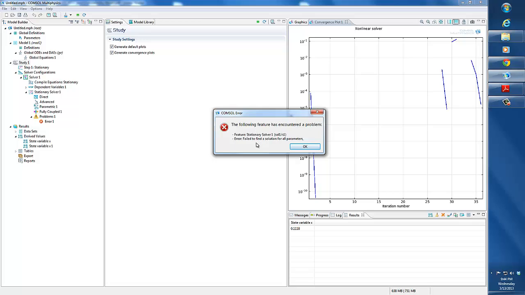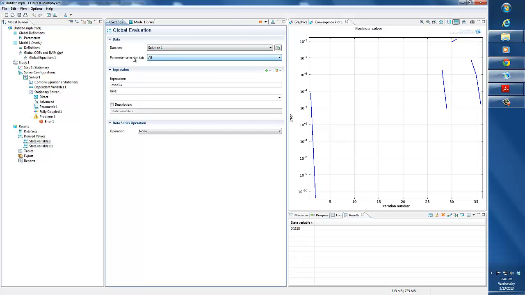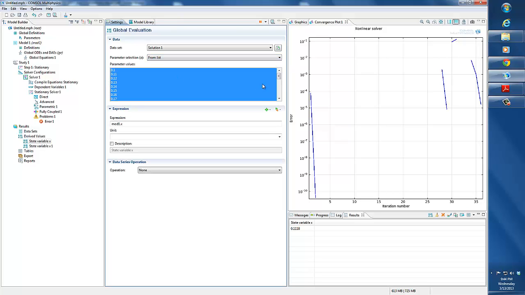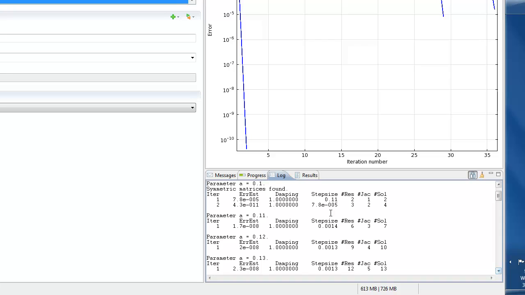Okay, now the error is "failed to find a solution for all parameters." So I say okay, let's see. You can go to this parameter selection, and if you select this from list, it will show you that it has calculated from 0.1 till 0.37, but you cannot trust this last value. You have to go back to the log and see if the solution has converged for the 0.37 parameter value. So if I go to the log, I can see it has converged, and then you can see how